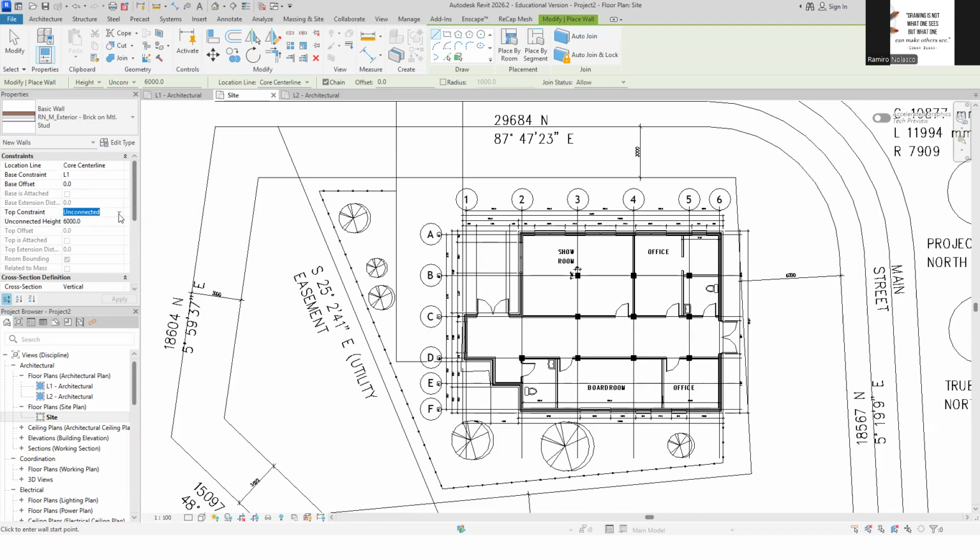We want the top to be going to the level number 2, whichever or however high our wall is. So, core center line is our justification. The wall starts in level 1. You can have a base offset, like it starts from level 1 and then it can go down to the foundation. And then the top constraint is level 2, and you can have a top offset if you want to. Okay, so we have those 0 for now.